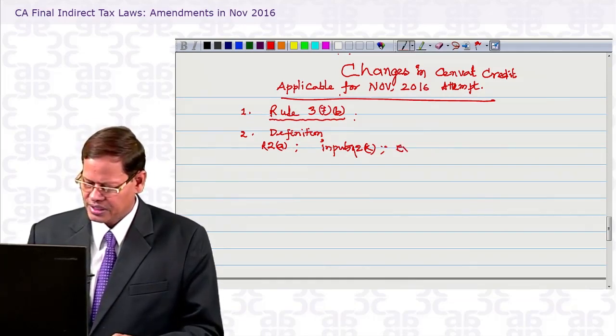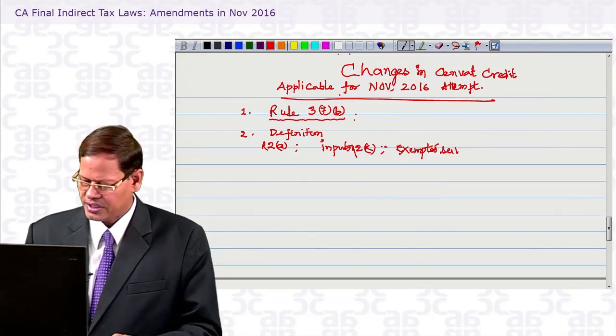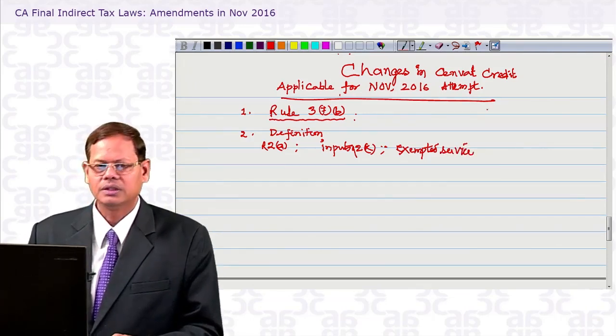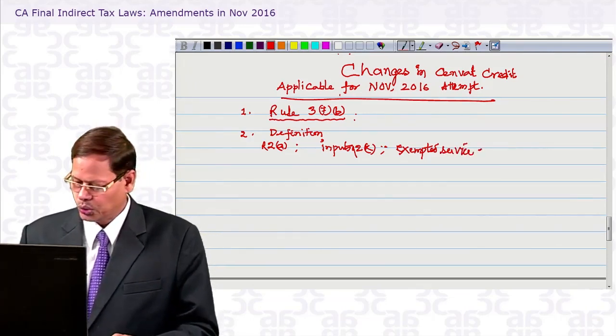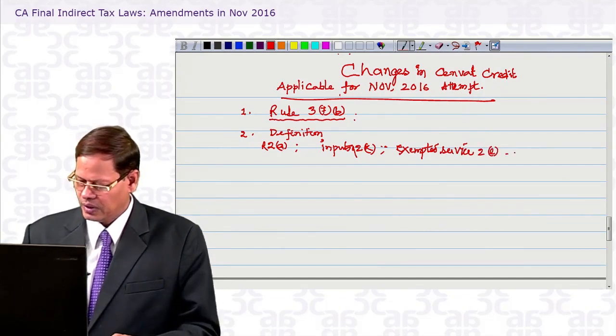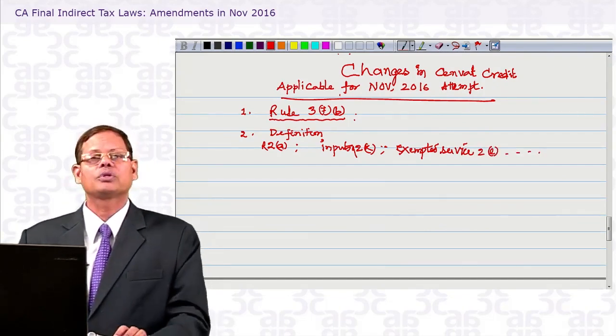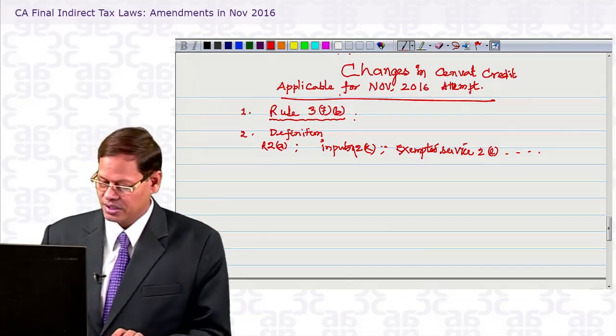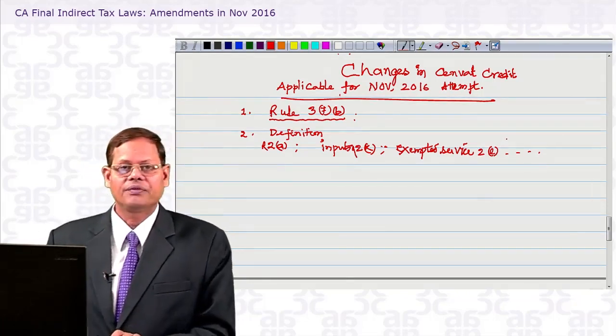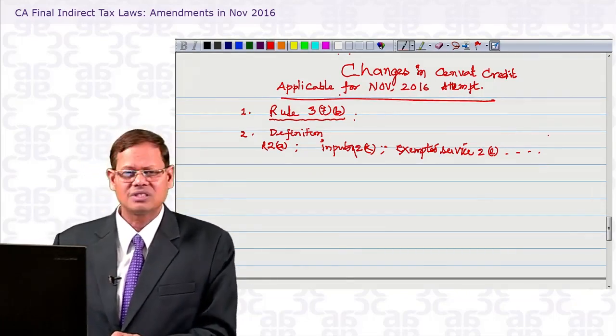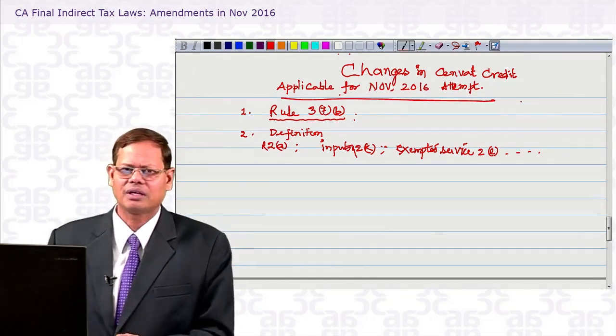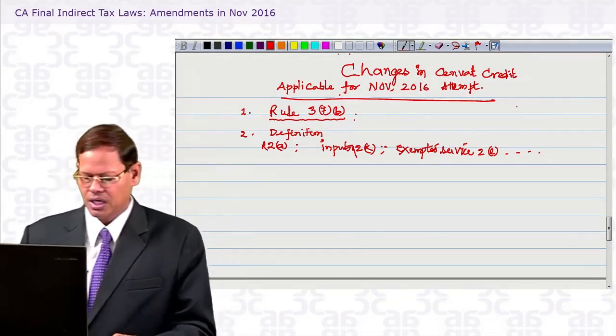Exempted services. What is exempted service, what is not? This is again Rule 2E. Rule 2M, input service distributor, small change like this. Changes in definition, of course, in input service also small change is there, not significant. So